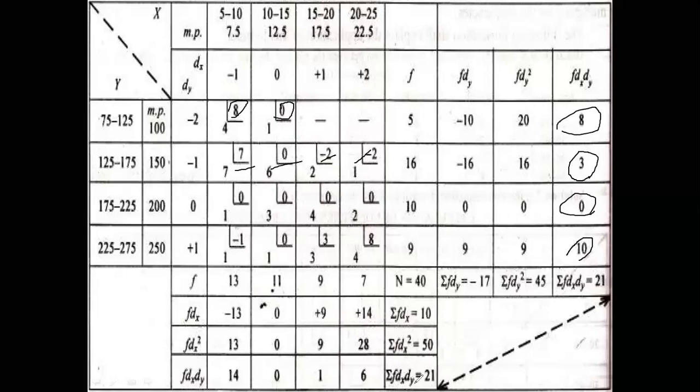Do the summation. All these values of sigma f dx dy will match with each other. As you can see here in this question, sigma f dx dy, the value is 21. Now simply use the formula, apply the calculated or derived value and get your answer. Now we move further to the next slide where we apply the values in the given formula.